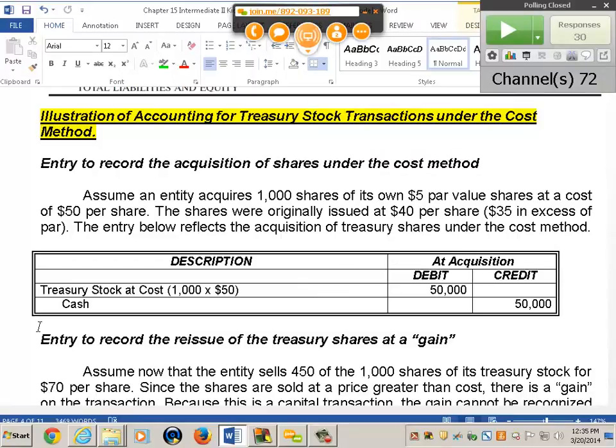It's $5 par. The cost is $50. The original issue is $40 a share. So that means when they first issued the stock,